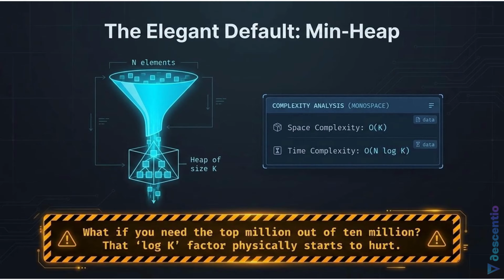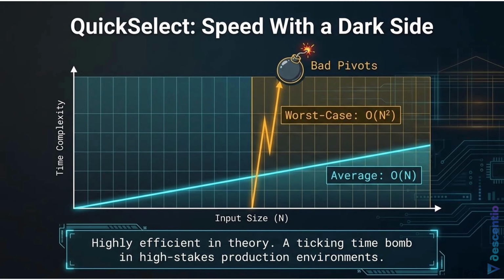When the heap hits that ceiling, the textbook alternative that people reach for is usually QuickSelect. Yeah, it gives you an average time complexity of O(n) by partitioning the data directly. It picks a pivot, throws everything smaller to one side and everything larger to the other. It completely avoids the continuous rebalancing of a tree structure. Let me make sure I have the mechanism right here for anyone listening who hasn't used it in a while.